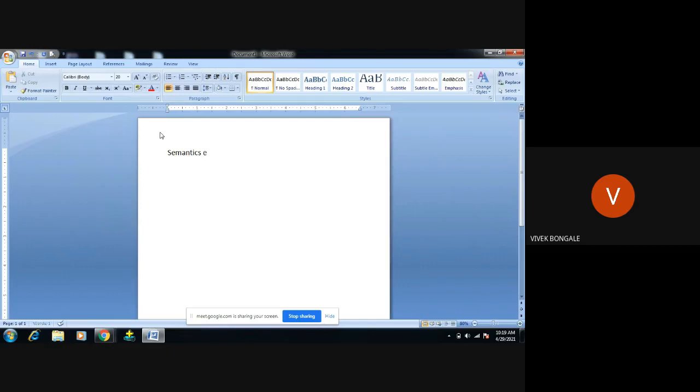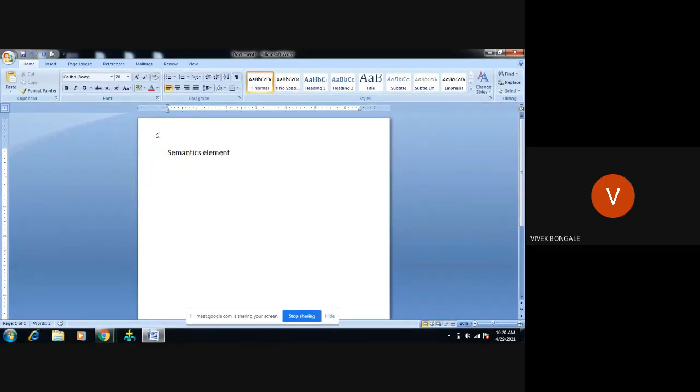Okay, I will give one example. So semantic element is used by which program? HTML5. But non-semantic element is other than HTML5. HTML5, the version, only uses semantic elements. And in HTML5 also, some of the tags were not there. Some of the elements are not there. So what will a developer do? He will use a non-semantic element, and he will use a non-semantic element in the semantic element, that is in HTML5.